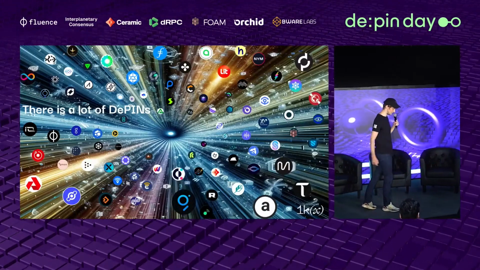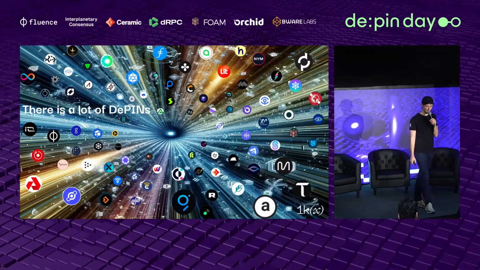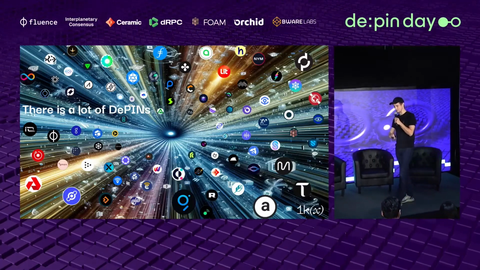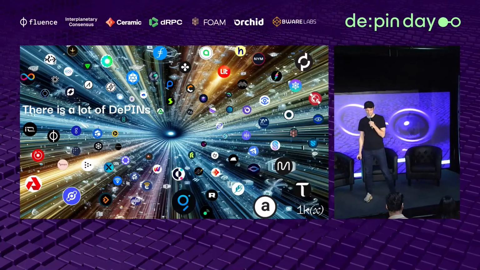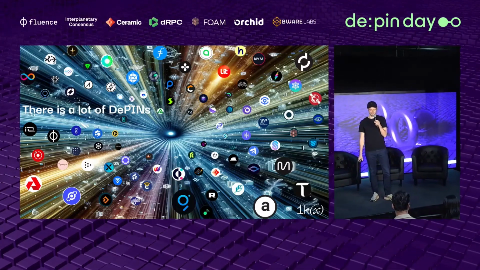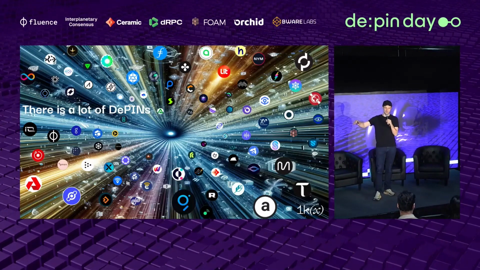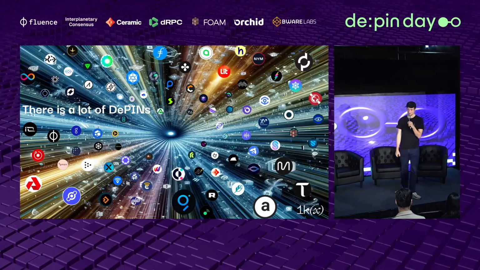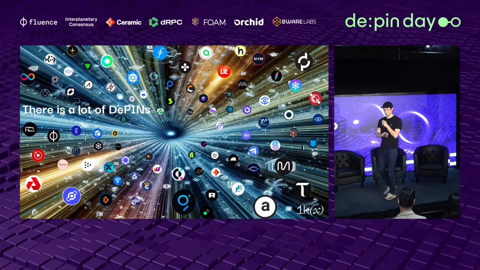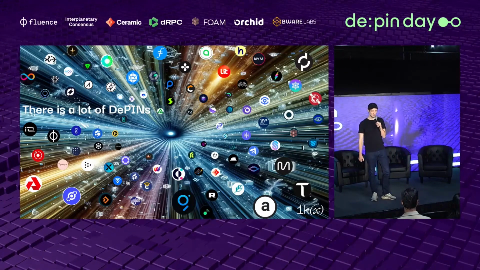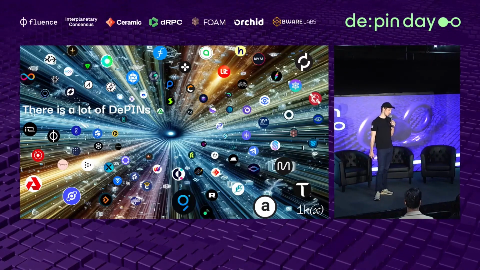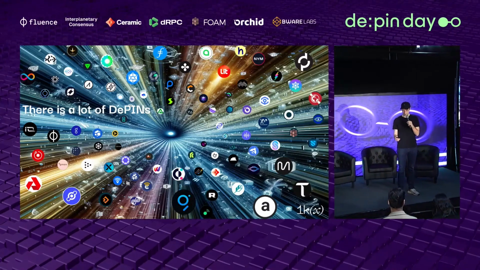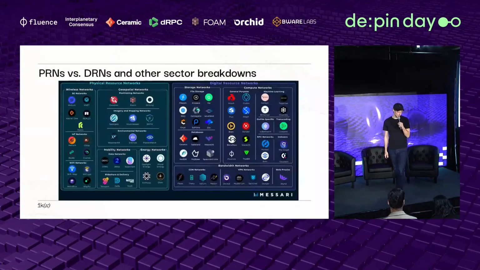This is a colorized image of my head every time I hit refresh on DePIN Scan, DePIN Hub, DePIN Ninja, all these tracking sites, Who Loves Burritos, all of those. It seems like even the tracking sites for DePIN are hard to keep track of. So this is a space we're in, super fuzzy and growing, with many use cases, and that makes it obviously hard to come to a framework that combines them.